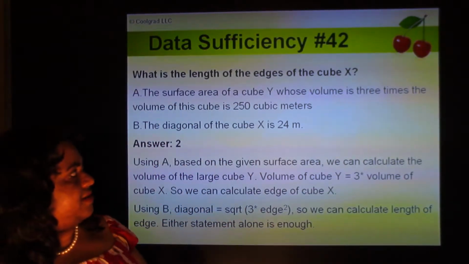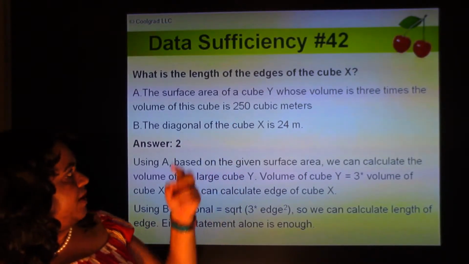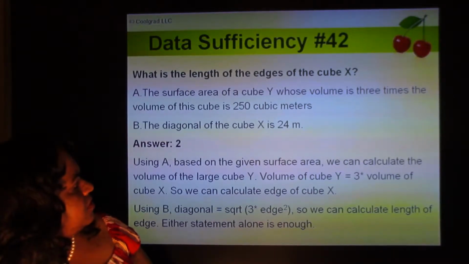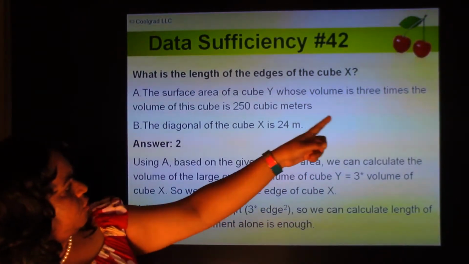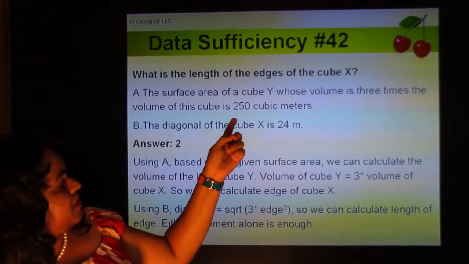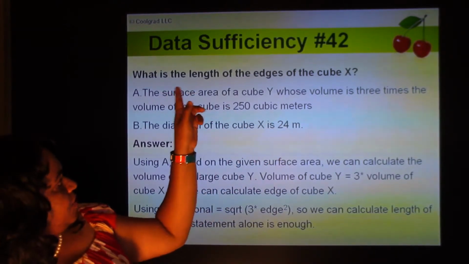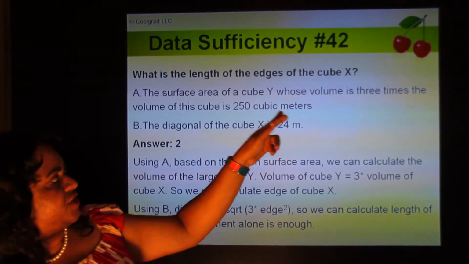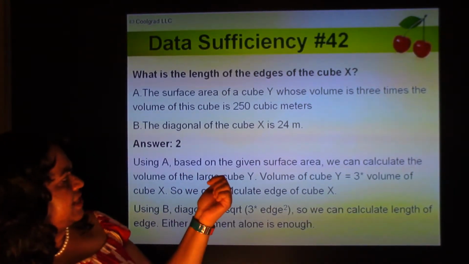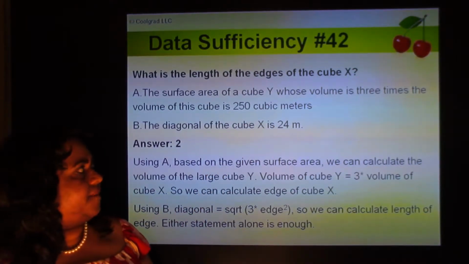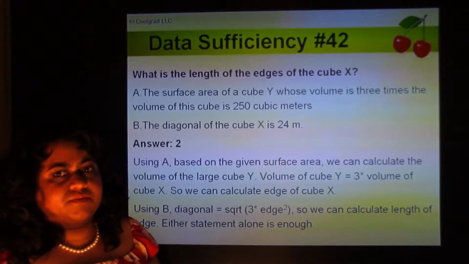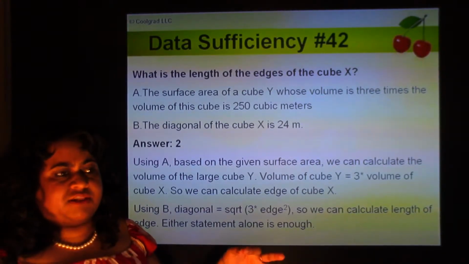So using statement A alone, surface area of a cube Y is, let's say it has a side y, so it will be 6y square, whose volume is 3 times the volume of this cube, is 250 square meters. Sorry, it's not cubic meters, square meters. So we're talking about surface area, okay? Surface area is 250 square meters. That's what it says, okay? So 6 times y square is 250. So from that we solve for y, which is the length of the edge of the bigger